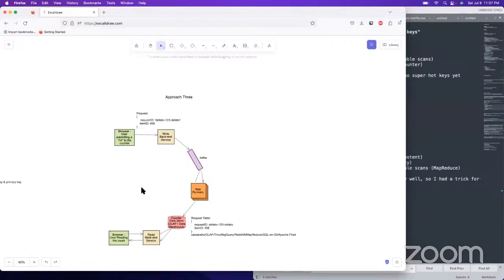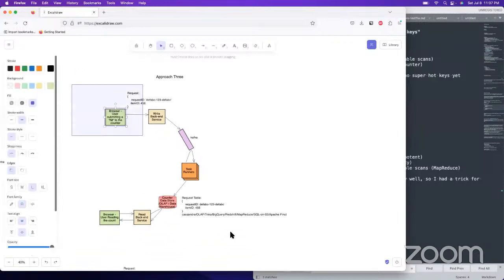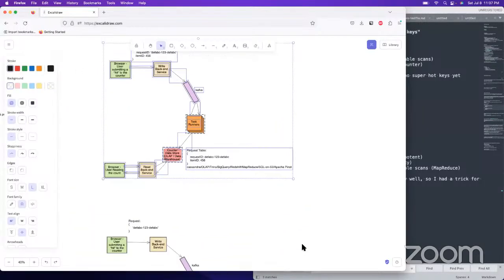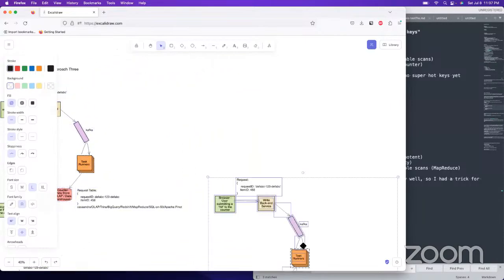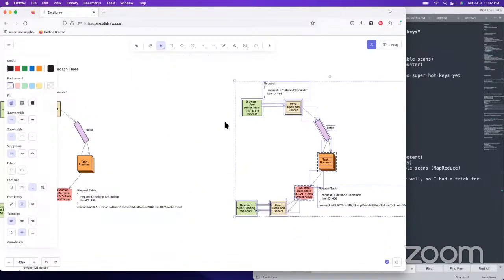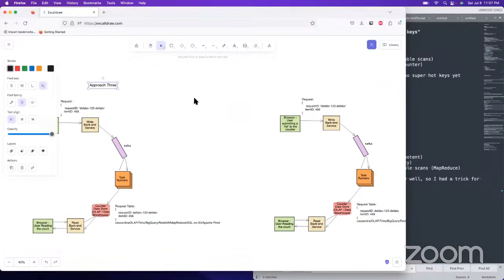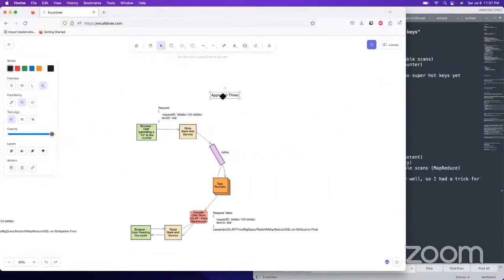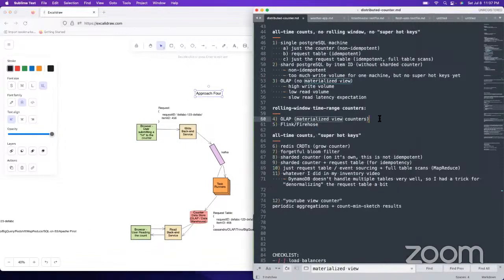So we're going to take our OLAP setup from here and use it for making rolling windows now. We're just taking approach 3, and now we want rolling windows, but we're not using count min sketch for it because we want accurate counts. I should make a note of what I'm saying to justify this.